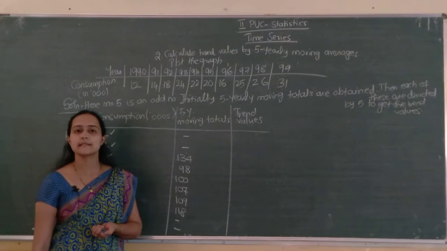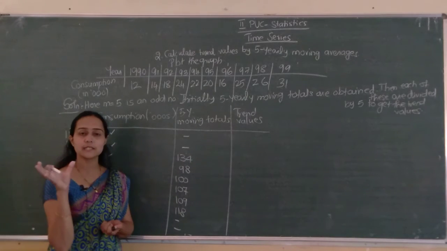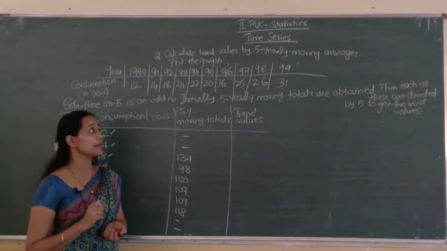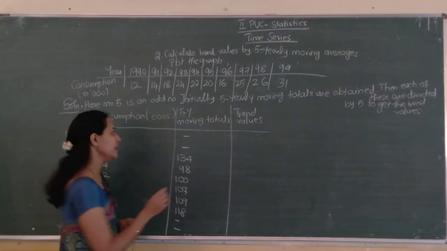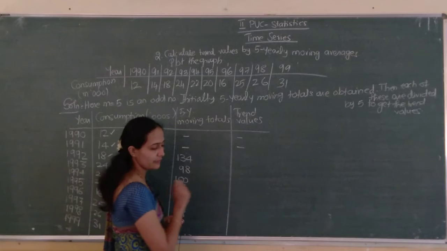Last column is trend values. Trend values means this value divided by how much? 5. It is a 5 yearly moving average, so divided by 5. So this won't be there, this won't be there. 134 divided by 5,